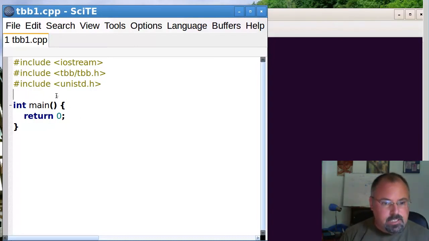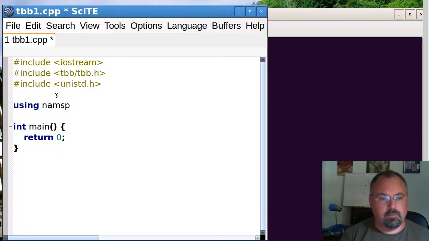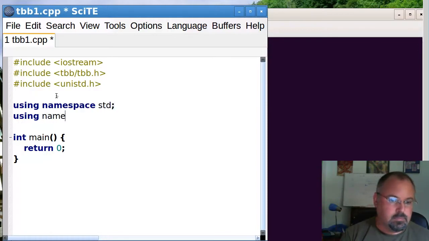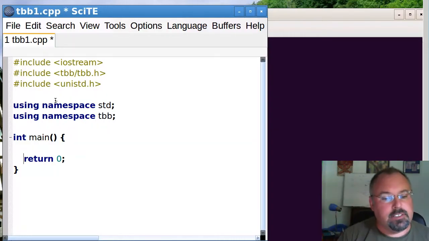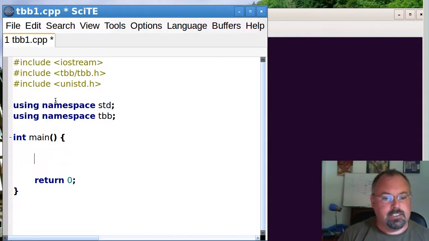And I'm going to add a couple using namespaces here. Now, to do the timing in threading building blocks, there's a handy template called tick_count, and it includes a static function called now.